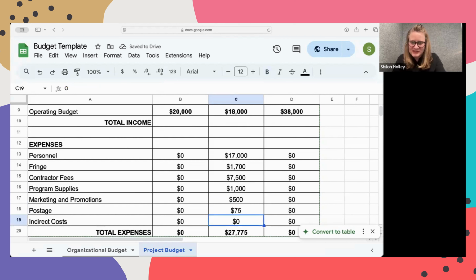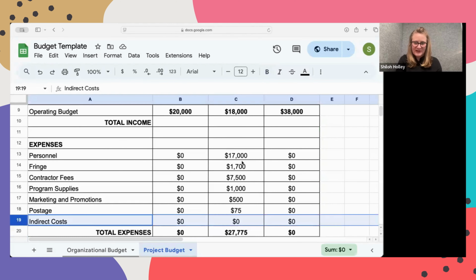Something else interesting about project budgets is that some funders are allowing you to do indirect costs. Typically, this is no more than 10 or 15% of your budget. So I typically put this in the last line. And when I have fleshed this out,